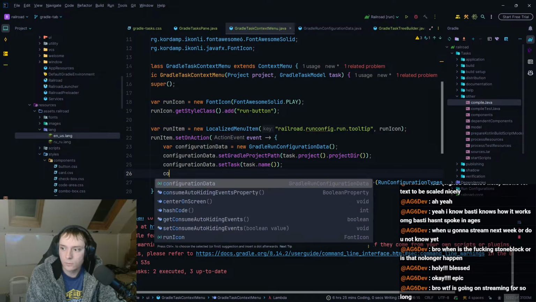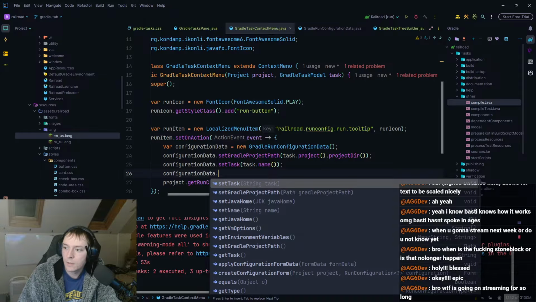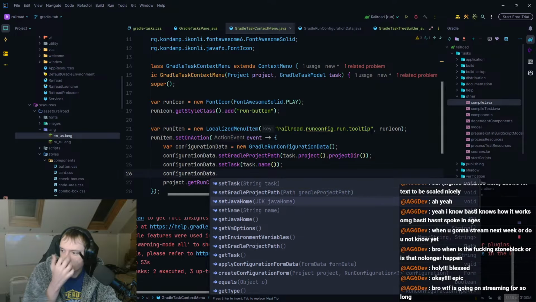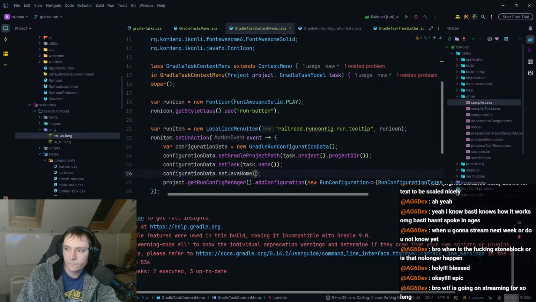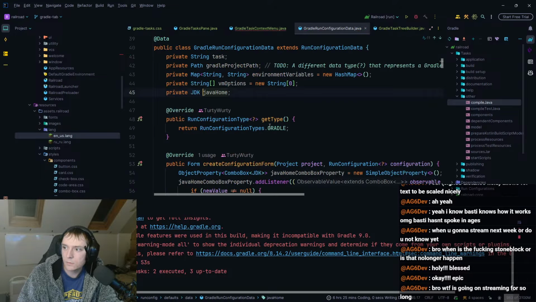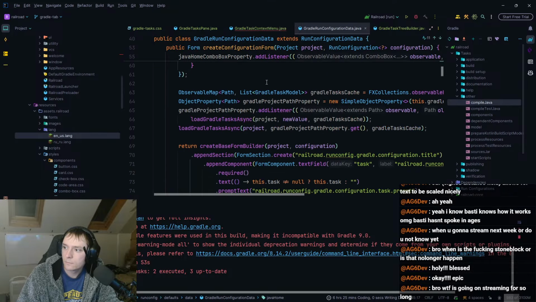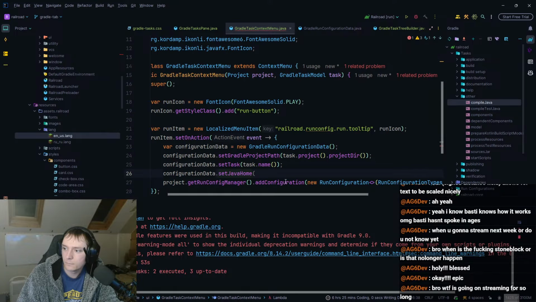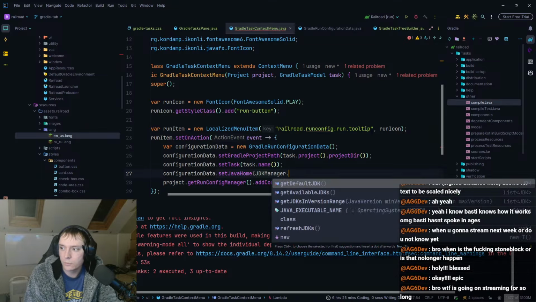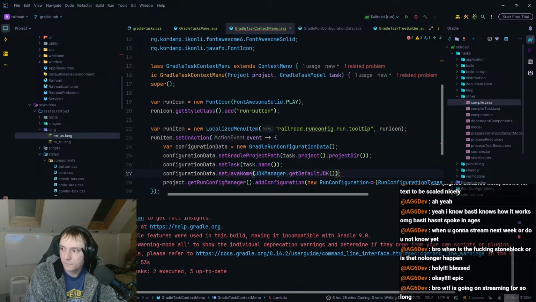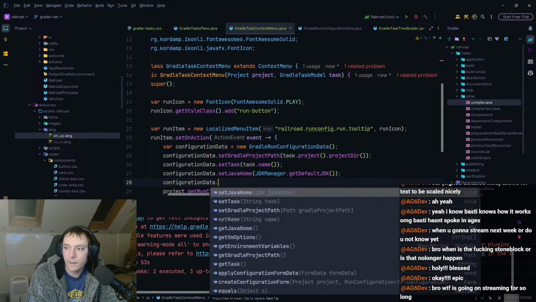Then we need to do configuration data. I think I need to call this. Yeah, I do. So I need to set that to be JDK manager dot get default JDK, and then